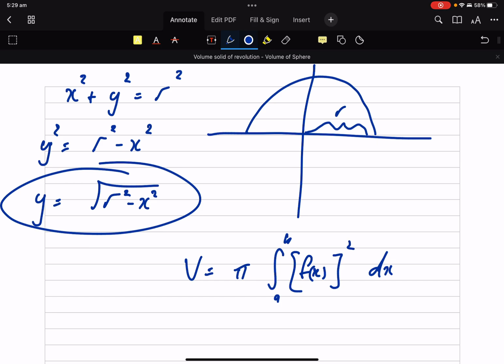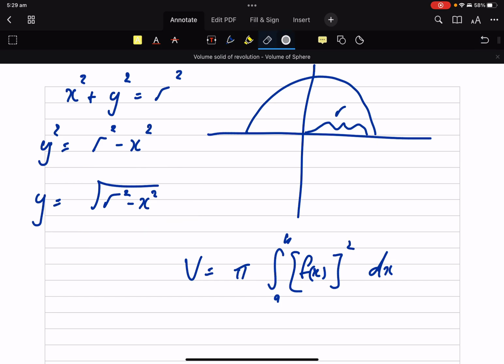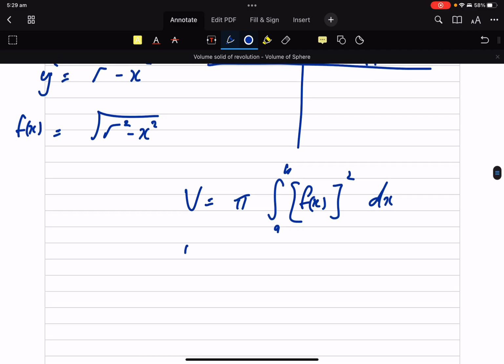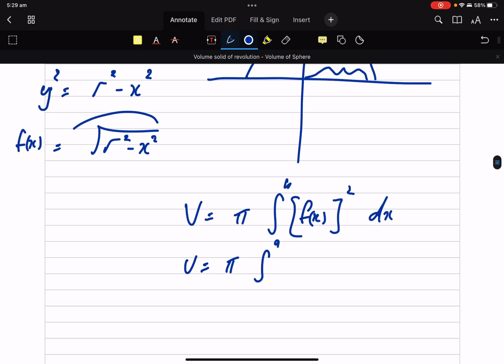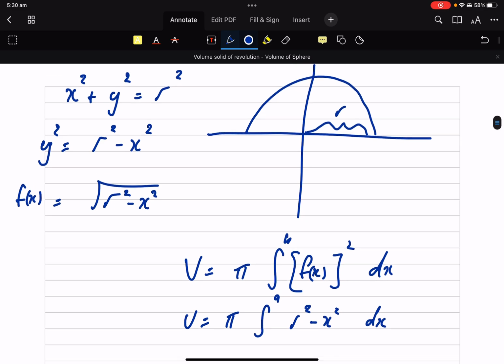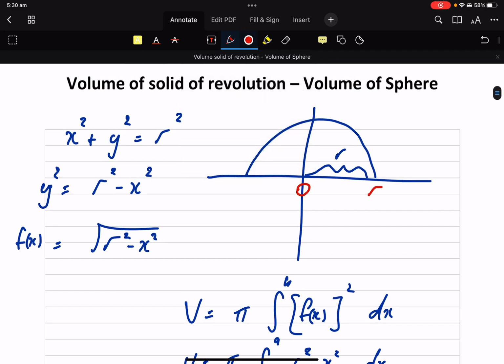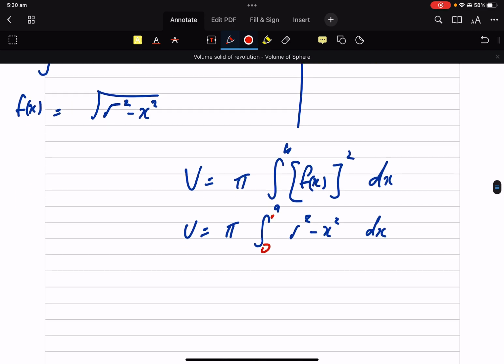Over here, that's y equals the square root. How about I call it f of x? So V equals pi, the integral of, okay, if I square that, I'm just going to get r squared minus x squared dx. And to make it easier on myself, I'm going to go from 0 to r. So from 0 to r,